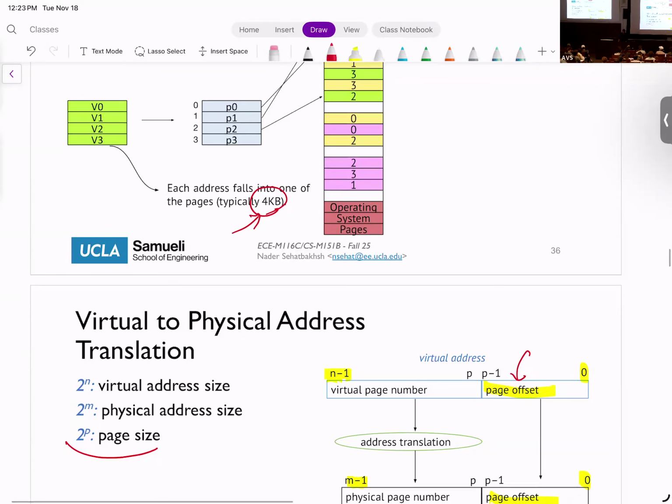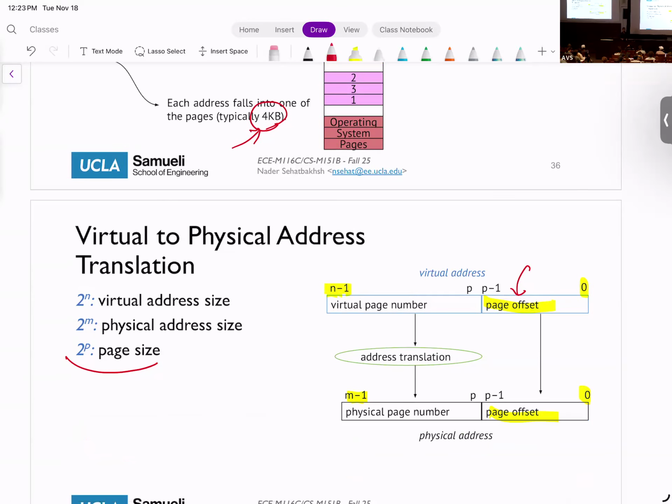To make things simpler, since the size that we assume for the virtual address and for the physical pages are the same, we use the same page offset for both cases. So the page offset within the virtual address is the same as the page offset within the physical address. In that case, I don't need to translate the page offset. I just take the existing page offset and put it into the physical one.